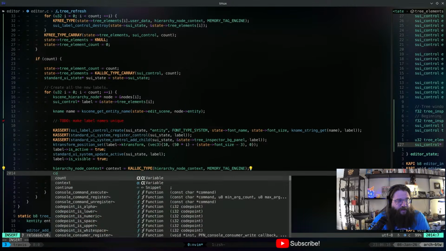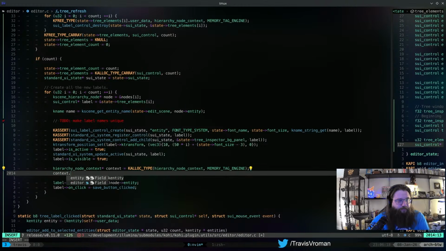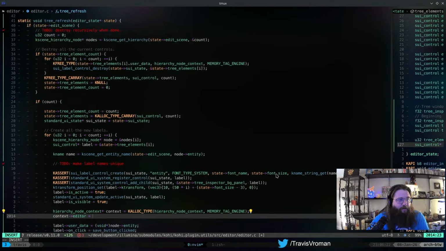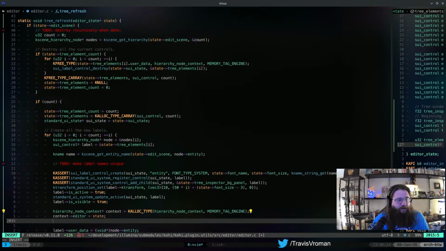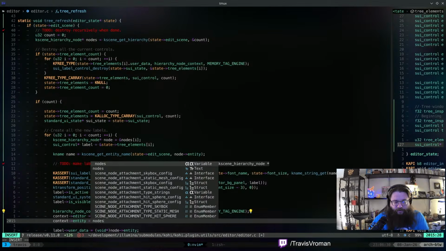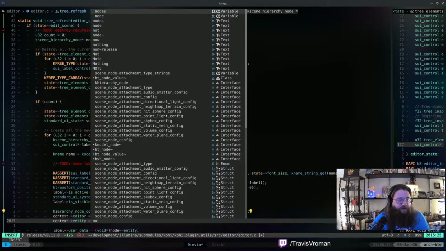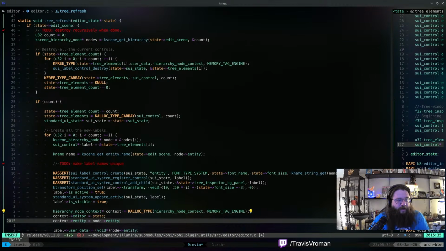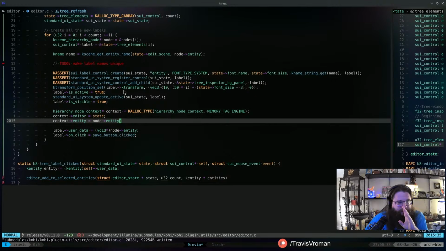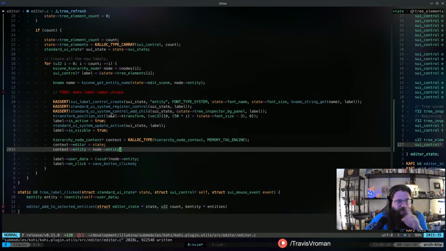All right, so the context editor is going to be the state, and then context entity is going to be the nodes sub-I, or I guess just node entity, right? We're not going to worry about children or anything at the moment, but eventually we can pass that along as well.